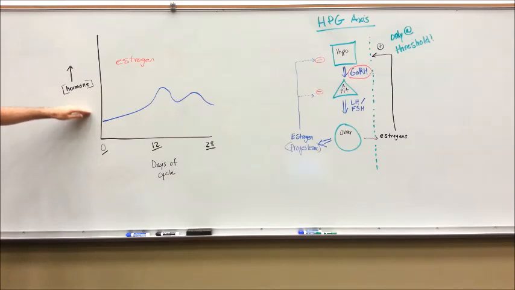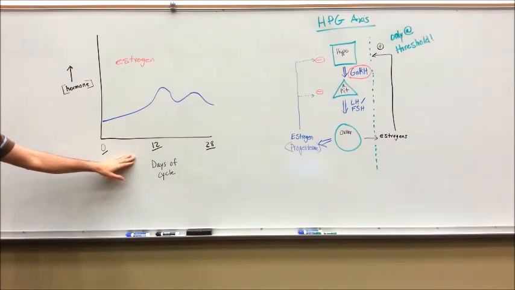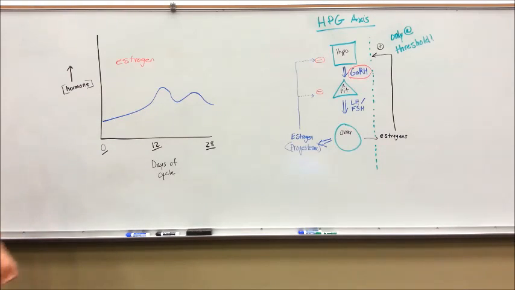So as you go up, it means that there's going to be more hormone within the bloodstream. And finally, on the x-axis, we've got the days of the cycle. So a typical menstrual cycle is going to be 28 days. And starting at day 0 is going to be